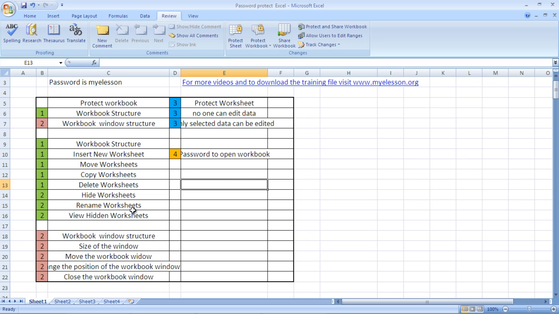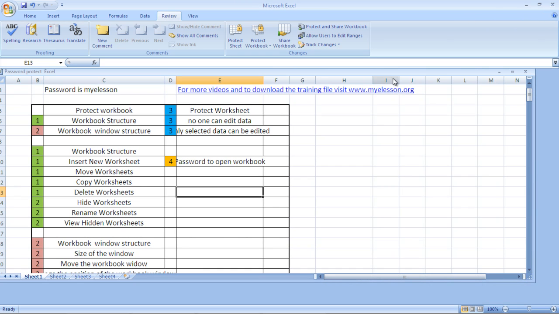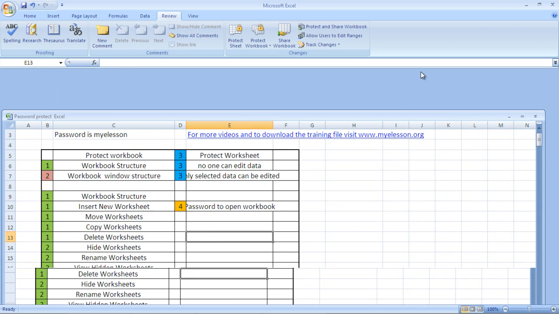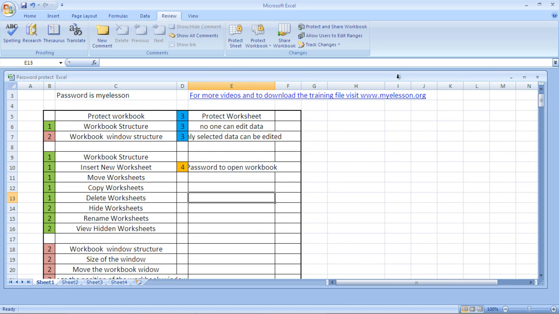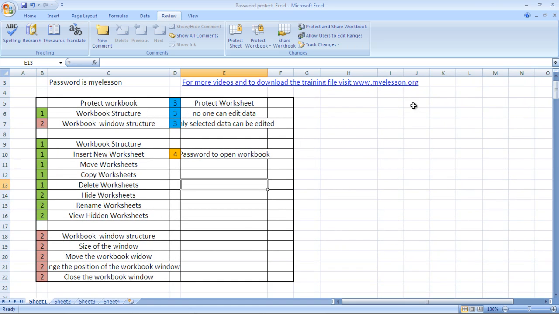And now we'll come to the workbook window structure. To do that, let us see this option first. You see, this is a minimize button, a maximize button, and a close button. And you see the same over here also. Even if you double click it, you can actually drag it around. Let us do that. See, you see this? Now let me restore it. We can even stop this from happening.